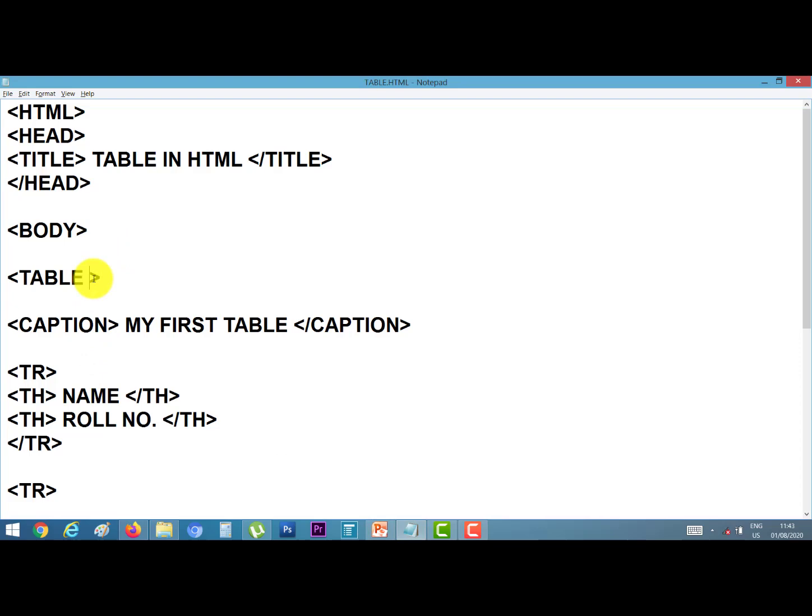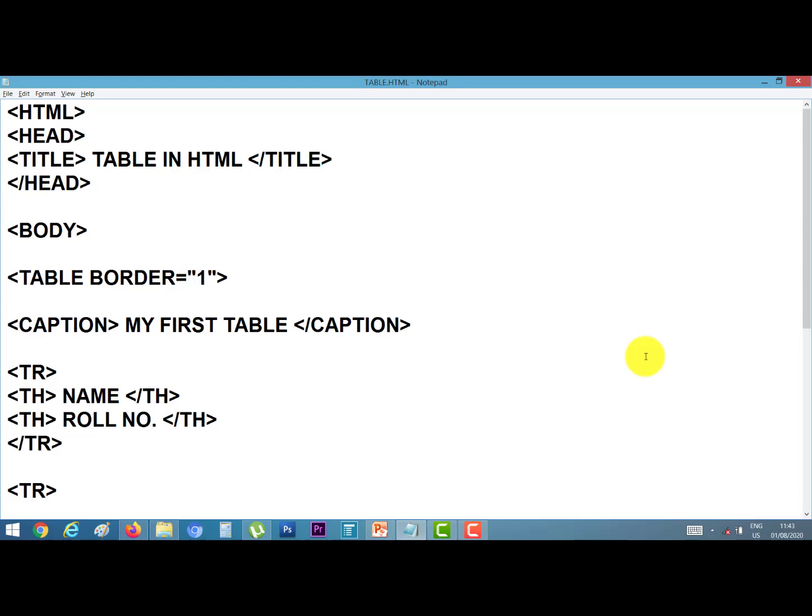Go to the table tag and type here border equal to, I give the border value in inverted commas. Suppose I type 1, close inverted comma.